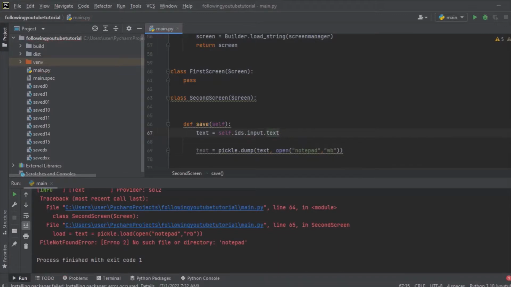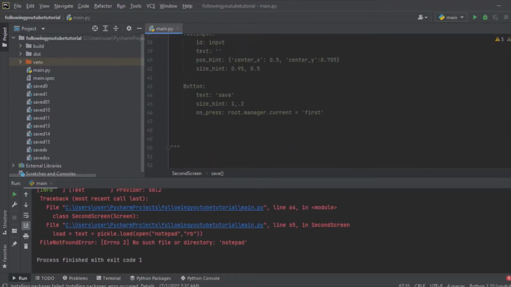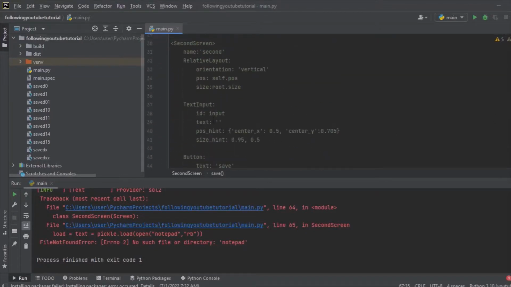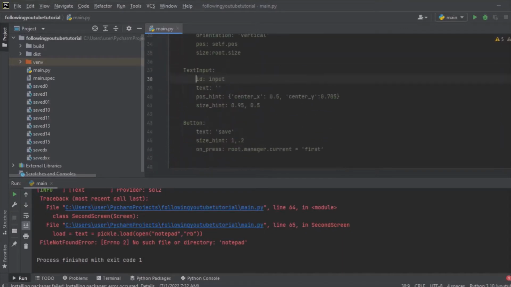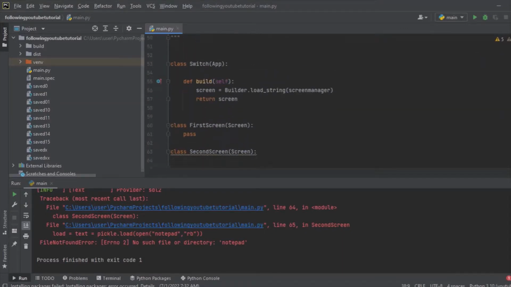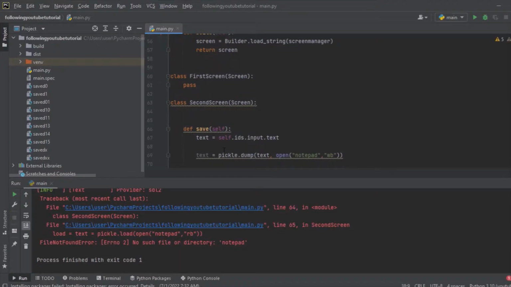So that means we are calling on this input id whenever we want to connect this text input, whatever we wrote. We must write ids first. We will now write input. We can write anything we want to name the id. Then we'll come right over here and create a variable for it, self.ids, in order to get that exact